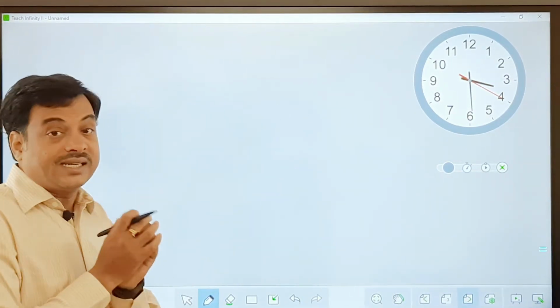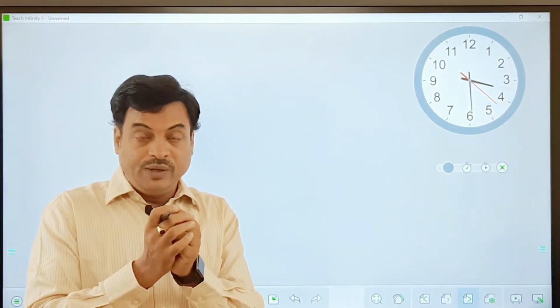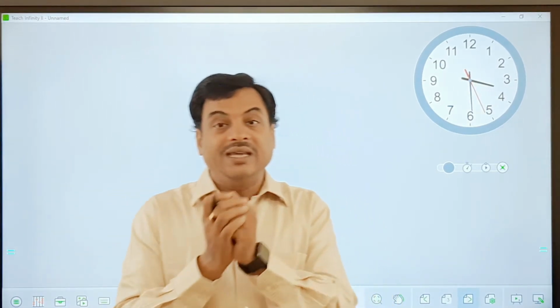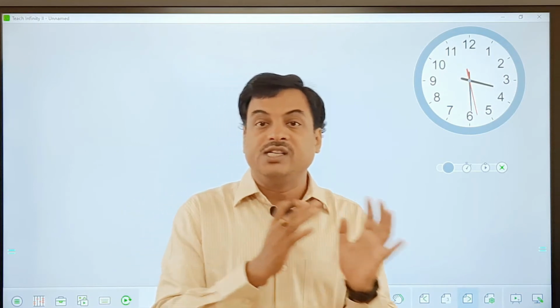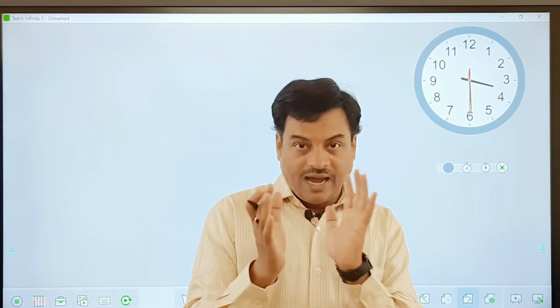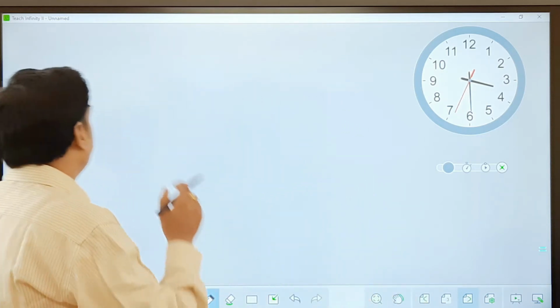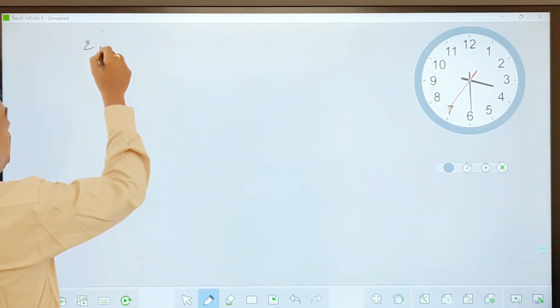The two hands can have 0 degrees between them. There can be 180 degrees between them, and there can be any other angle like 30 degrees, 40 degrees, 20 degrees, 10 degrees. A gap between the two hands can be possible here. Okay, so what is the calculation when I say the two hands